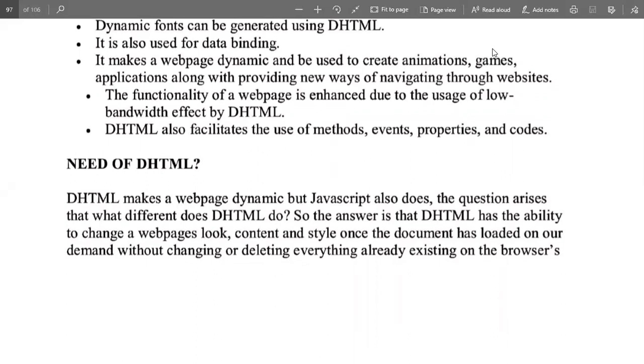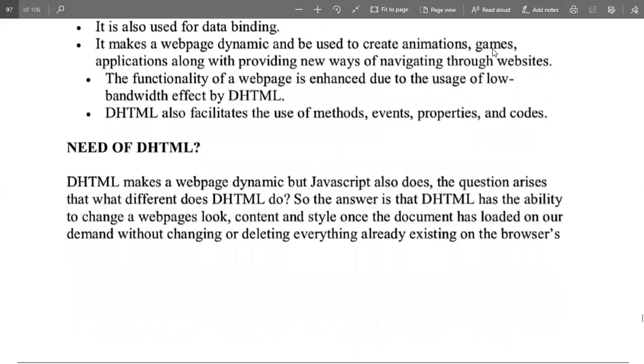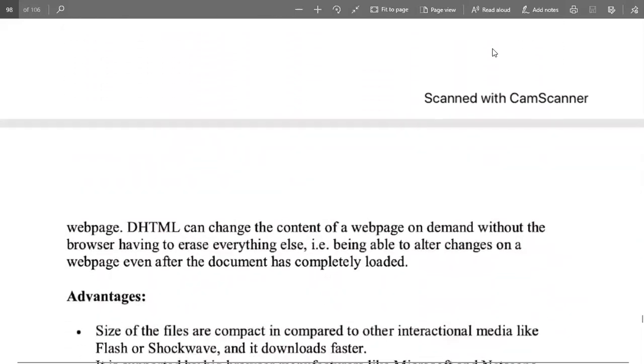But DHTML gives the ability to change a web page's looks, content, and styling once the document is loaded, on demand, without changing or deleting everything already existing on the browser web page. DHTML can change the content on a web page on demand without the browser having to erase anything else, because it helps alter and change the web page even after the document has completely loaded.